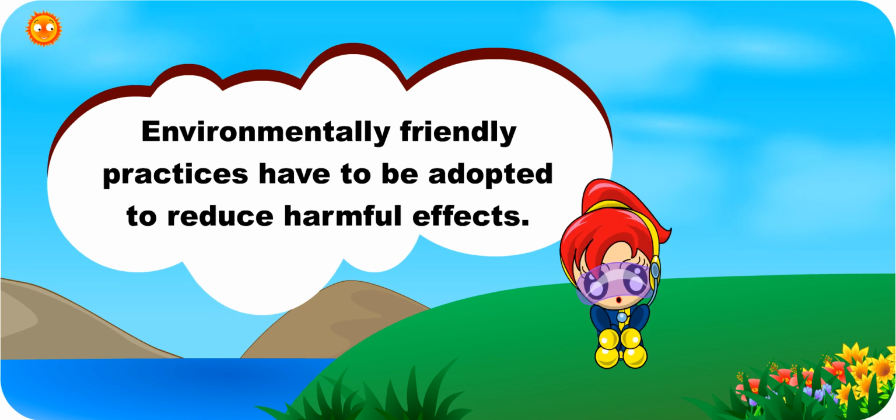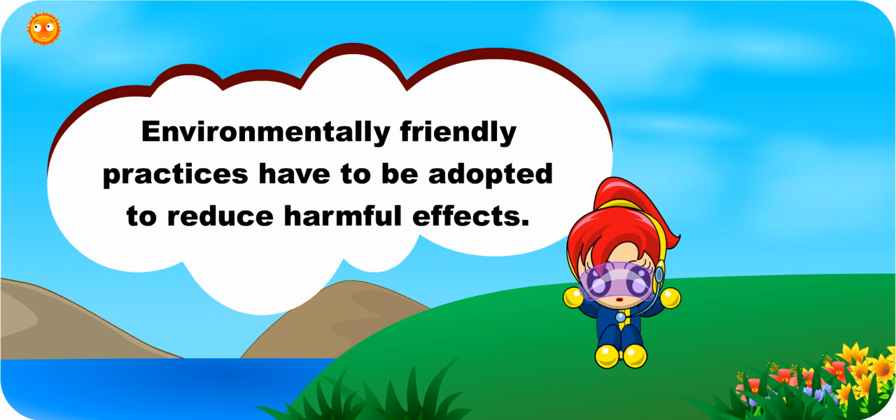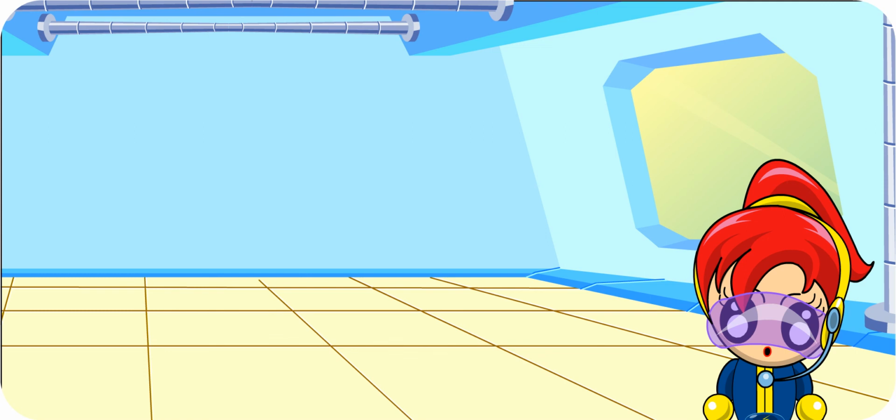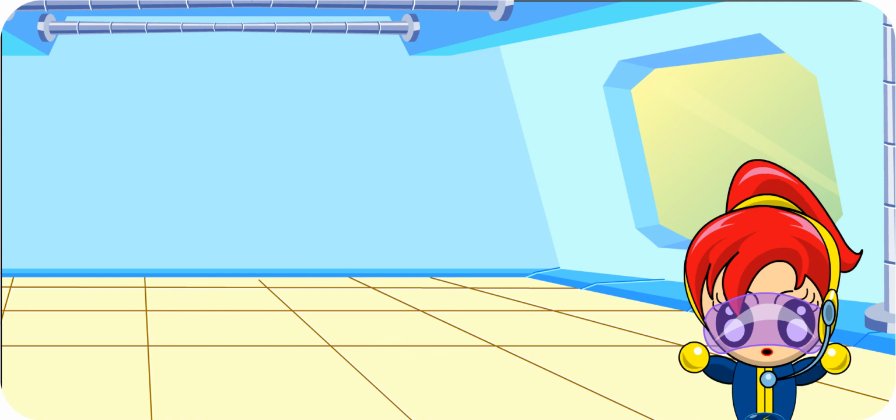By the way, apart from air and water pollution, what are the other forms, teacher? We shall look at them another day. I feel so depressed, teacher, knowing that many of man's actions can have such harmful effects on the environment and organisms. I understand, Turbo Girl. What we can do now is to be aware of the causes and take actions to minimize such negative impacts.